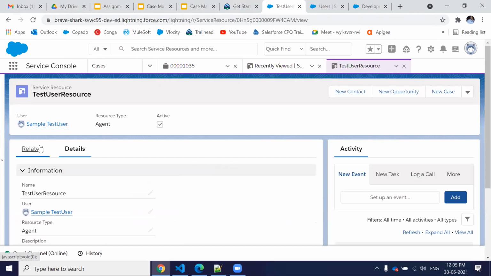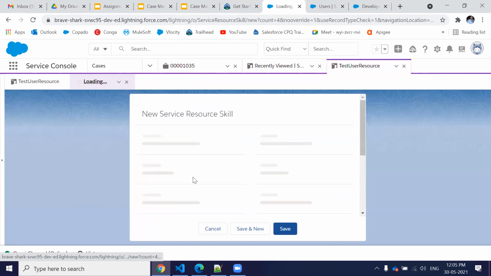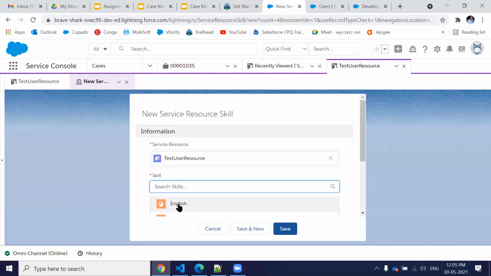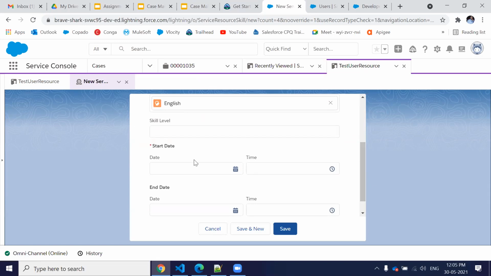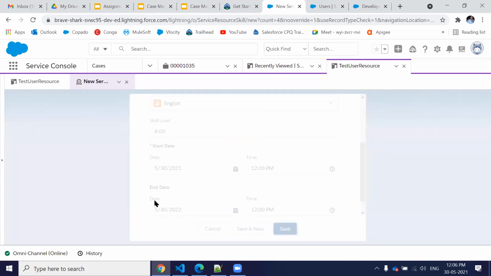And here I'm going to assign the English language as a skill. Skill level would be 8, and it would be 22, save.